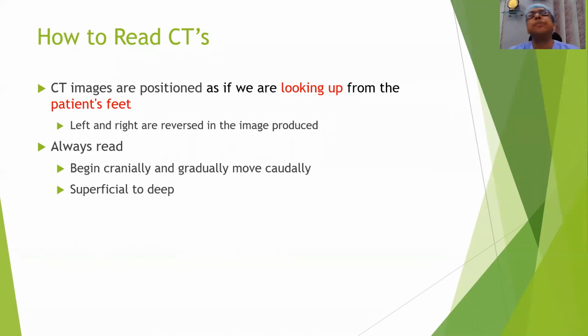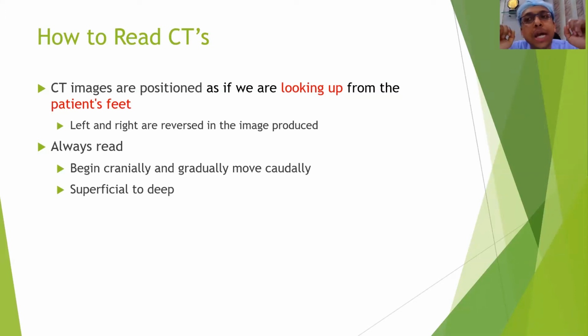As we discussed earlier, when you look at the CT scan, the left and right are reversed. Your right is the patient's left, and your left is the patient's right. When I started, I always read cranially and then moved caudally, superior to inferior. That's how I read, because when I close my eyes, I see structurally: head, eyes, nose, and so on, going downwards towards the hip, knee, and then the feet. And then superficial, outside to inside.